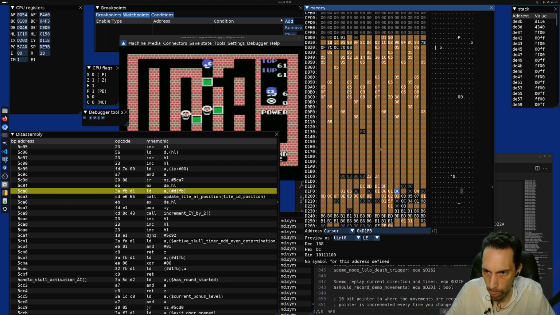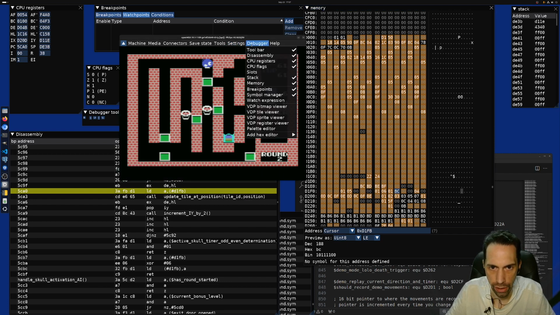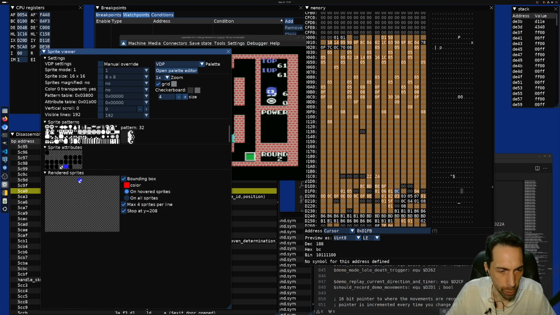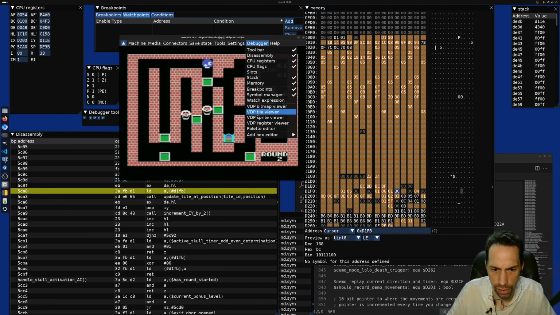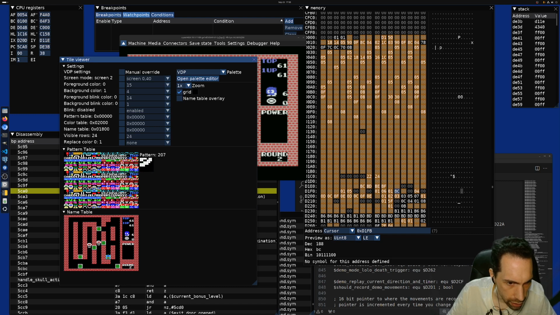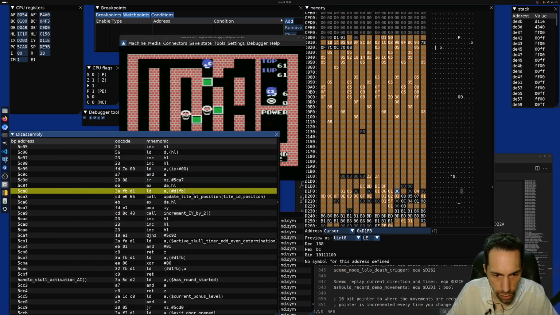So let's see. BC is 188. That's the skull sprite. 188. Wait, no, we were talking about tiles because the skulls aren't in here. No, skulls are not sprites, they are tiles. 188 is, yeah, this one here. Top left, red eyes. And that's going to alternate. So we're going to take 2 or 4, and then 184 is the other one going to be, okay, sure. So yeah, we're updating the tile here,